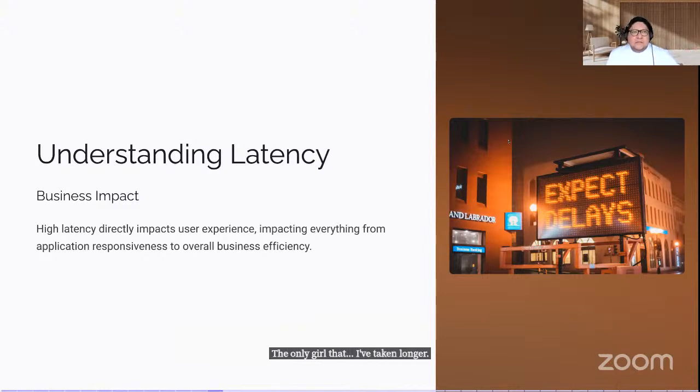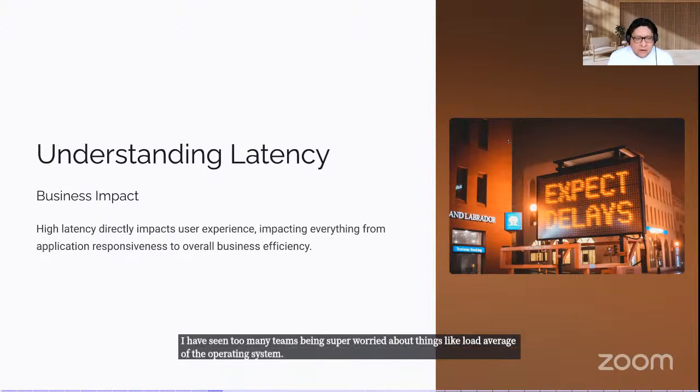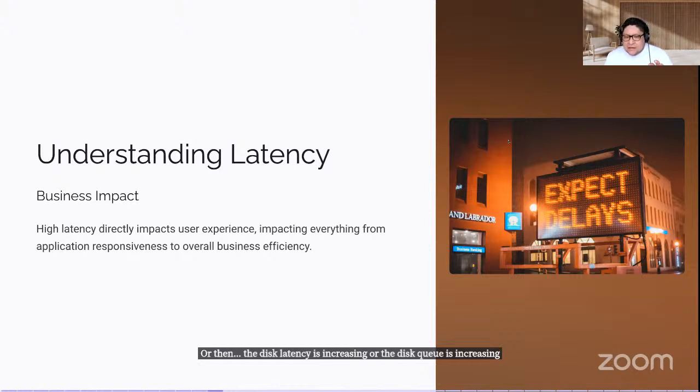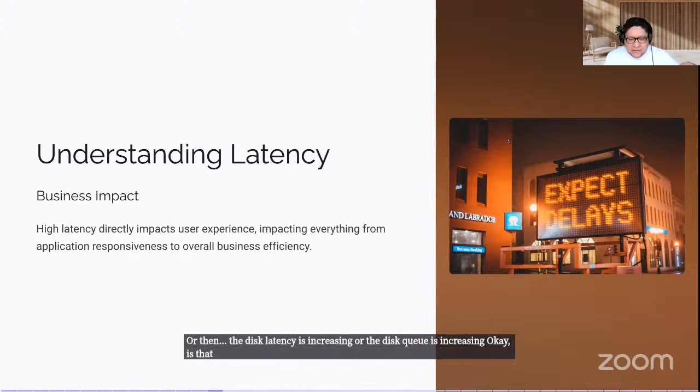I have seen too many teams being super worried about things like the load average of the operating system, or the disk latency increasing, or the disk queue increasing. Okay, is that impacting the databases, the queries overall? That's the important thing, right?